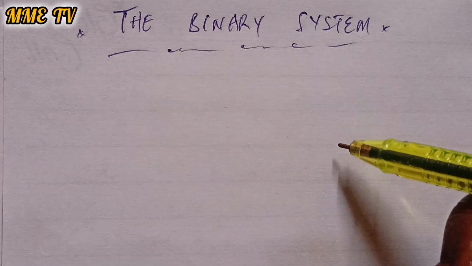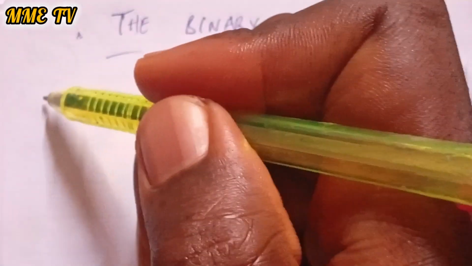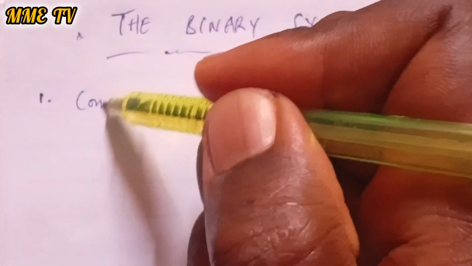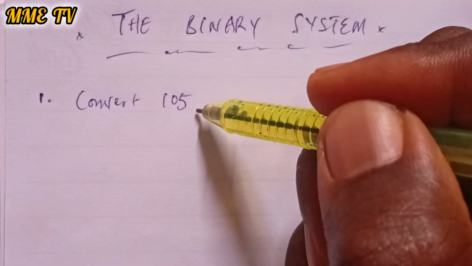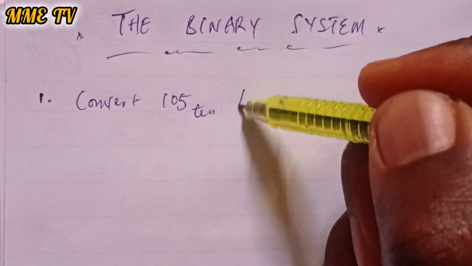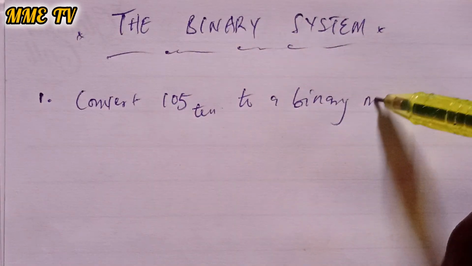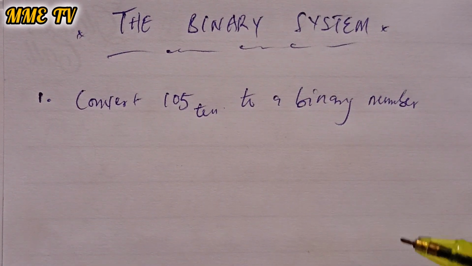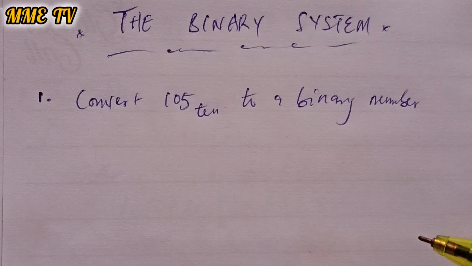Okay, let's assume that someone has asked us a question, example number 1, saying: convert 105 base 10 to a binary number. Now, when you see a question like this, what should be the first thing that crosses your mind? For me, the first thing should be